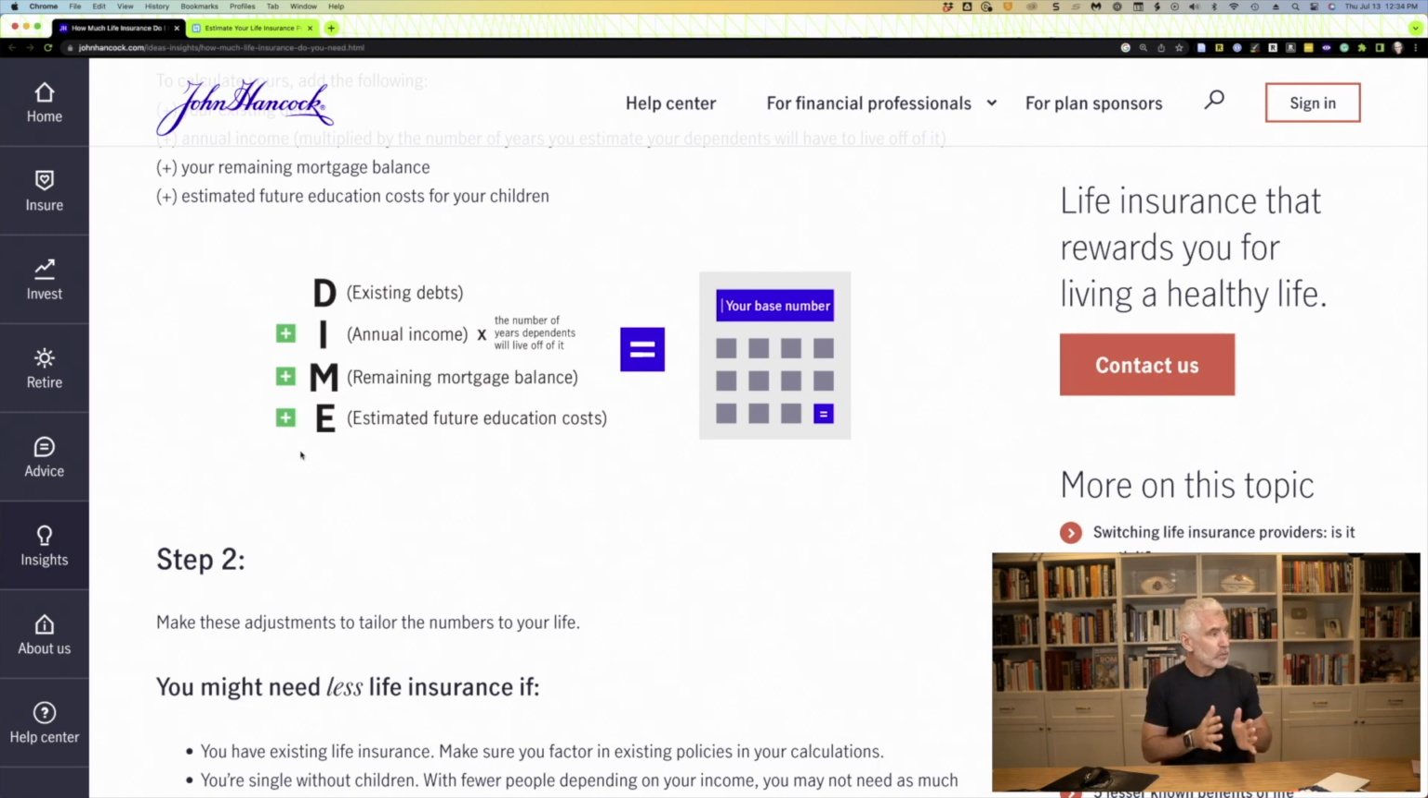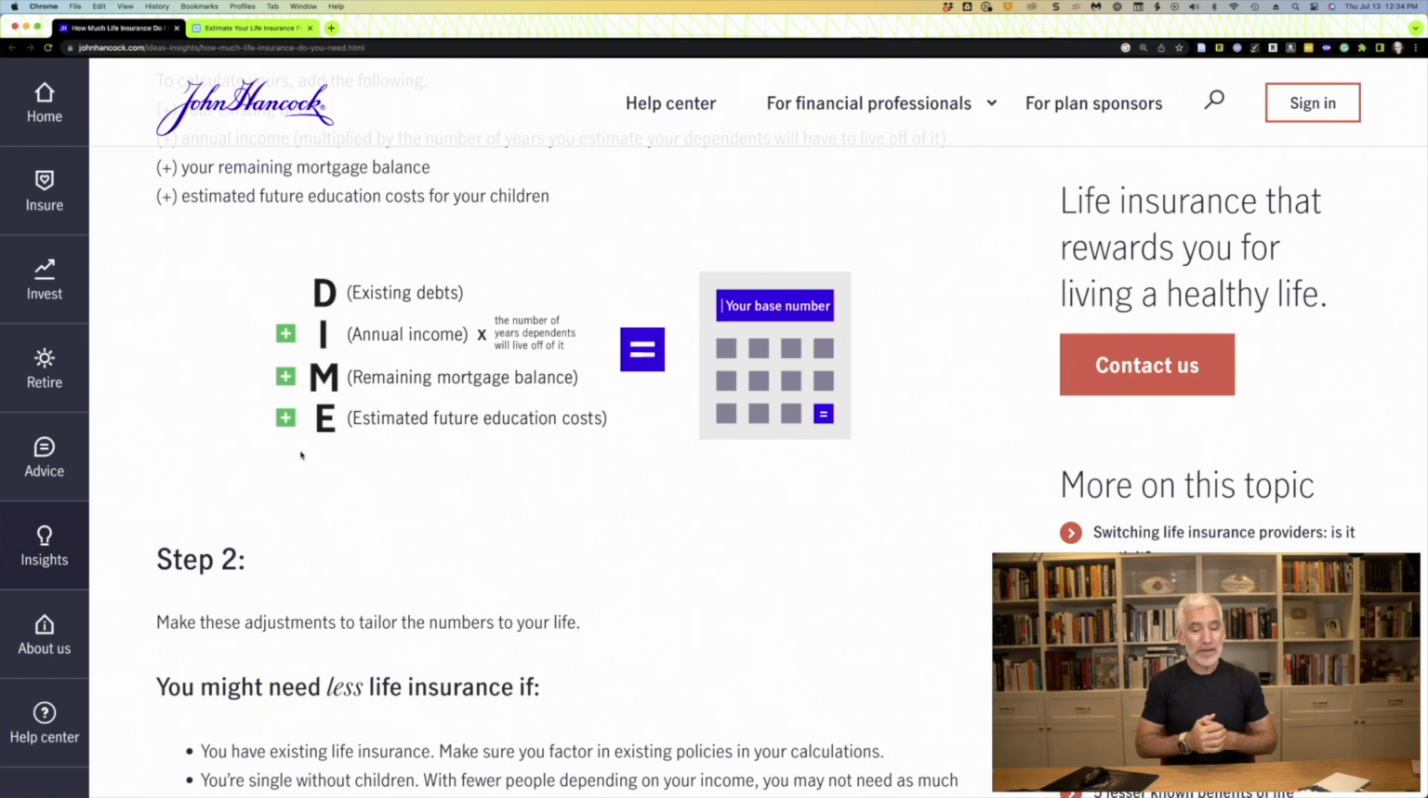So let's start with the first one, debt. And so the idea here is if you were to pass away, or perhaps a significant other, do they have existing debts that would have to be paid out of the estate that you would like insurance to cover? For this first one, we exclude the mortgage. As you can see, we'll get to that in a minute. And so for a lot of people, I think the answer is that no, they don't actually need life insurance to cover